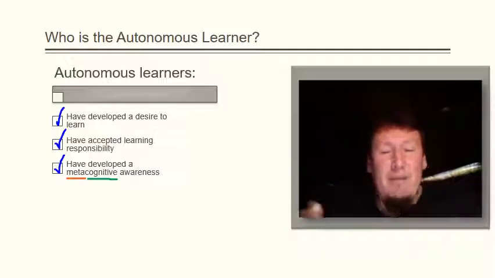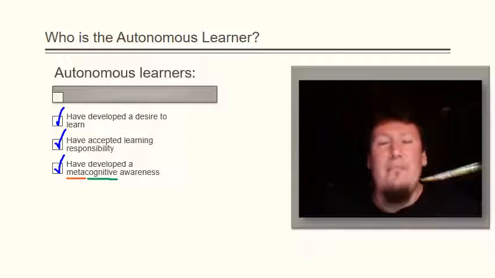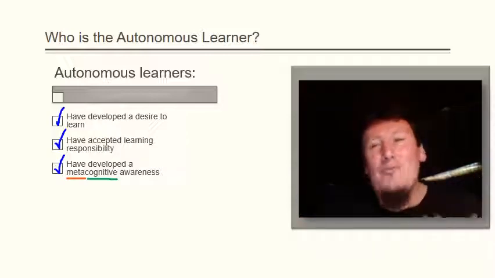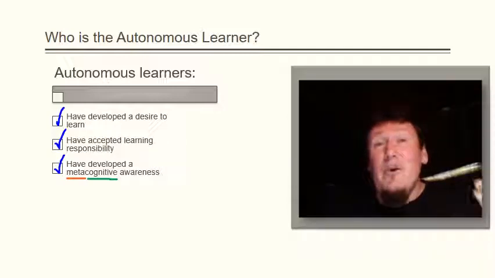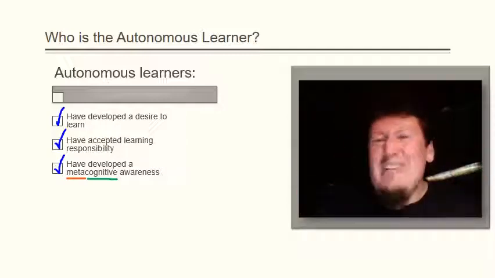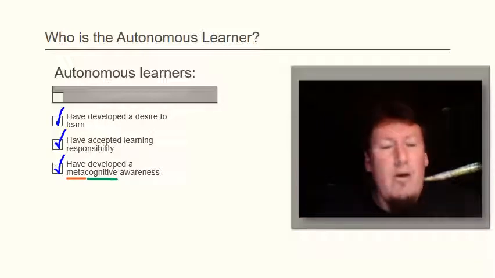So maybe he or she sets, I'm going to study from, let's say, 5 to 7 p.m. So 5 p.m. comes up and the autonomous learner says, I'm not feeling it. I know I have my time right now for studying this, but I'm not in the right mood. I had some problems earlier today, and now I'm having a hard time. So instead of saying, I'm going to drop it, I'll study another day, the autonomous learner will take the responsibility, will kick in and say, well, what can I do to get in the mood,